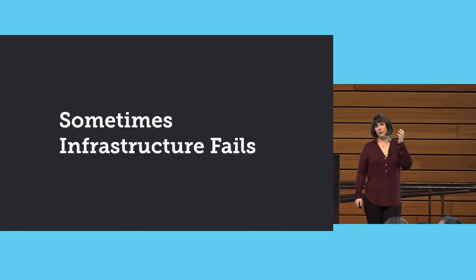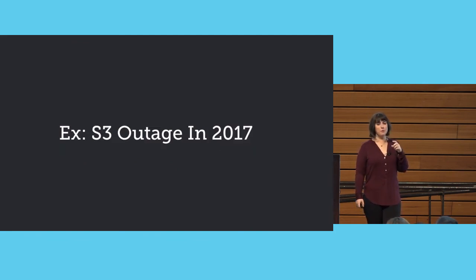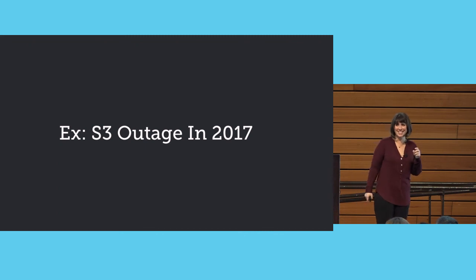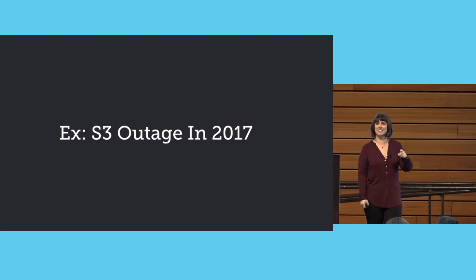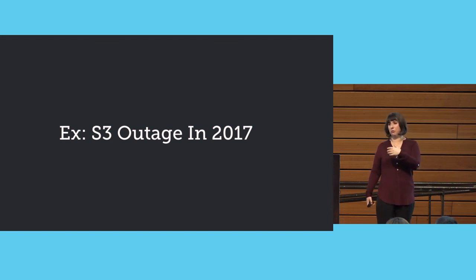But then sometimes things go wrong that are a little bit different, and sometimes your infrastructure fails. Does anyone remember the S3 outage that happened last year? How many people were actually monitoring the S3 status page? Okay, I see like 3 or 4 hands. We take for granted that a lot of these cloud-provided infrastructure services are going to be up all the time, but they're not. Their SLAs are somewhere in like the 99.99 or 99.999. So you can't just rely on S3. I mean, I think even S3's status page went down because it was in S3. Yeah, don't do that either.